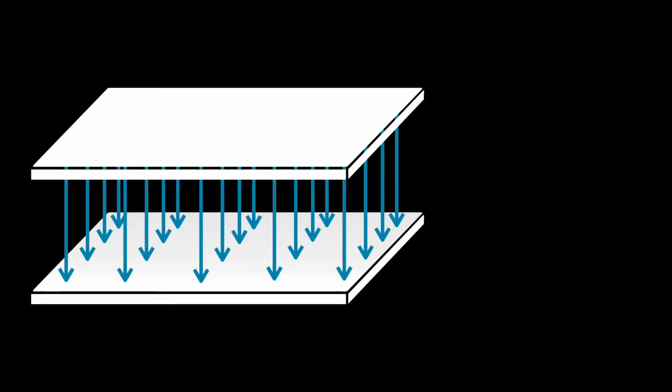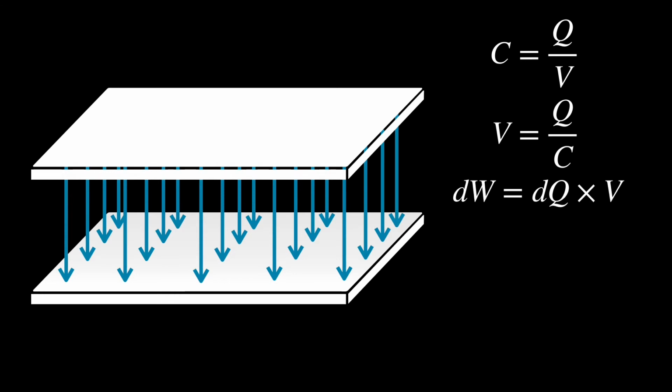The definition of capacitance is the ratio of charge on the capacitor to the potential difference between the plates. This can be simply rearranged to give that the potential difference between the plates is the charge on the plates divided by the capacitance. Next, the question is, what is the energy stored in this capacitor? We know that it can be used to drive current in a circuit, so there must be some kind of energy there. We figure this out by considering the tiny amount of work needed to move a small charge across